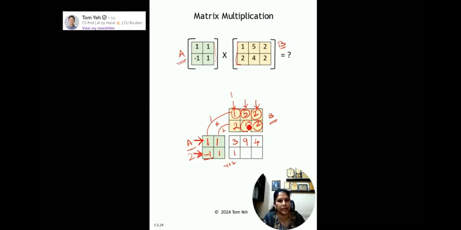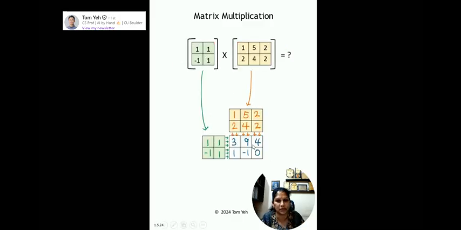And next moving on to this, negative 1 times 5, so minus 5, and 1 times 4, it is 4. So here, of course, the negative is the dominating one, so the resulting value would be minus 1. And moving on to this, dear friends, kindly observe negative 1 times 2, and the positive 1 times 2. So here, of course, it results in 0. And kindly observe, this is the result.